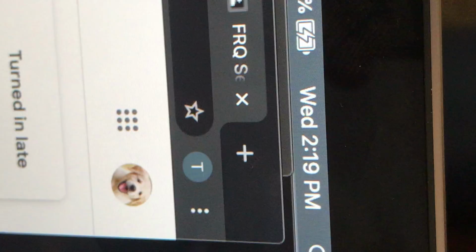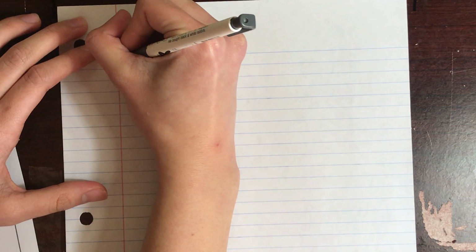So the time is 2:19 p.m. and we're doing FRQ3. Part A of FRQ3 asks you to find the speed of the block just before it hits the spring. So in part A,